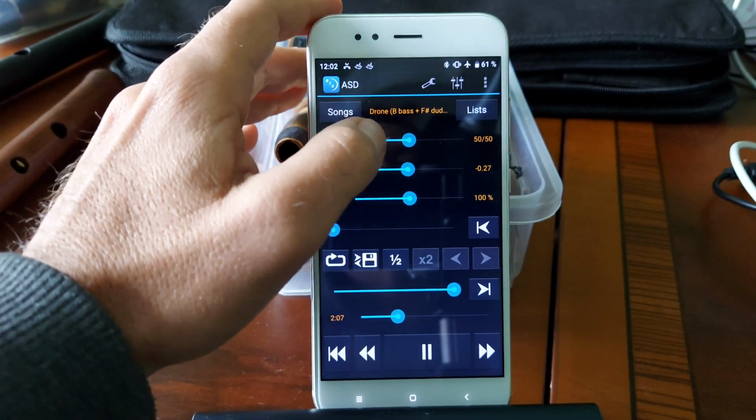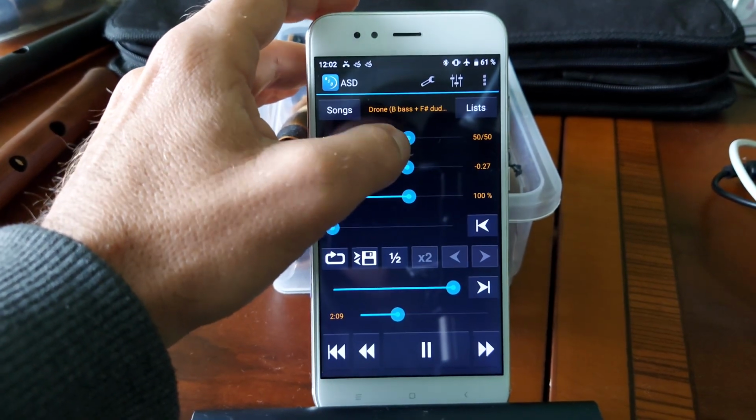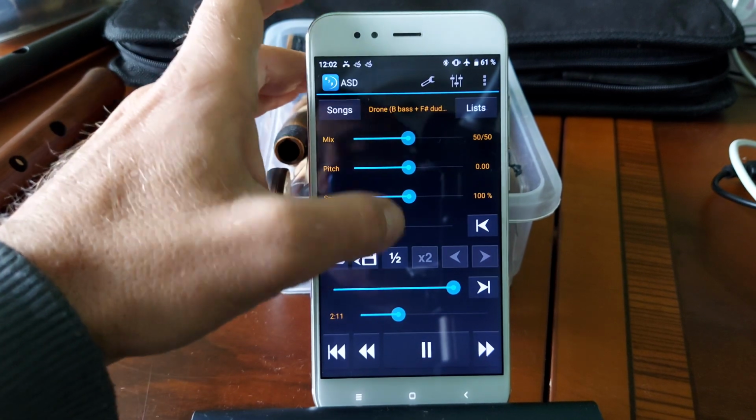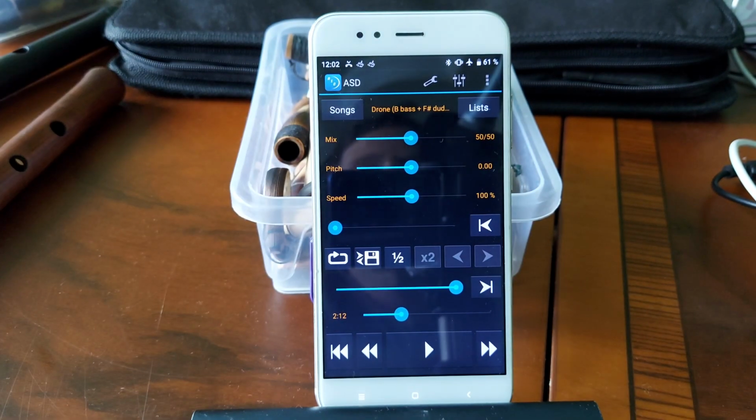Everybody who has the duduk already knows how important it can be to adjust the drone to the current reed's situation, because depending on temperature and humidity, the reeds behave differently. They can change the pitch, and they do change the pitch a lot.